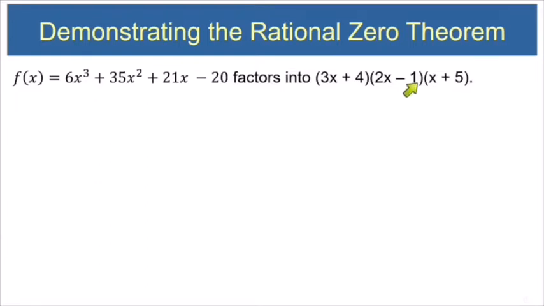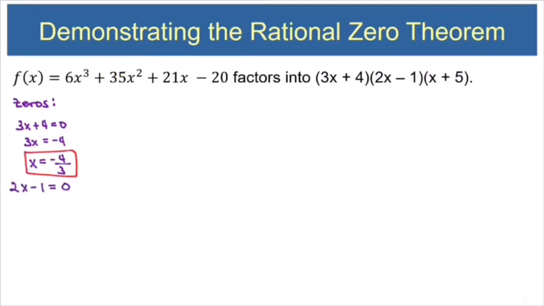Since we have the factors for this polynomial, we can find the zeros for this polynomial by setting each factor equal to 0. So whatever x value makes this first parentheses equal 0 is going to be a 0 of the polynomial, because think about it, if this parentheses equals 0, then 0 times whatever is going to be 0. So whatever makes each of these parentheses equal 0 is a 0 of the whole polynomial. So what if 3x plus 4 equals 0? Well, that would mean that x would be negative 4/3. So negative 4/3 is a 0 of this polynomial.